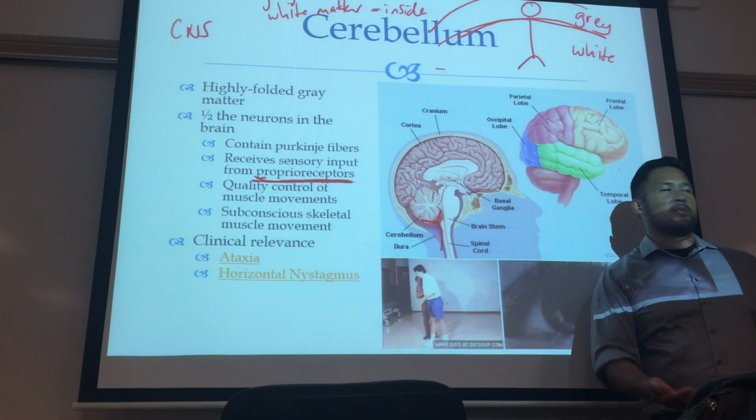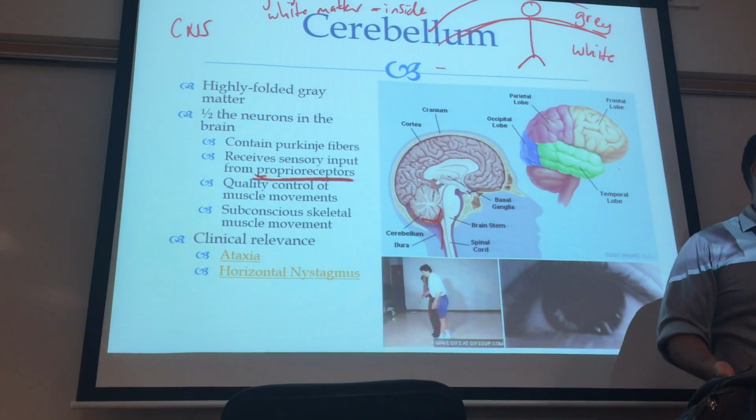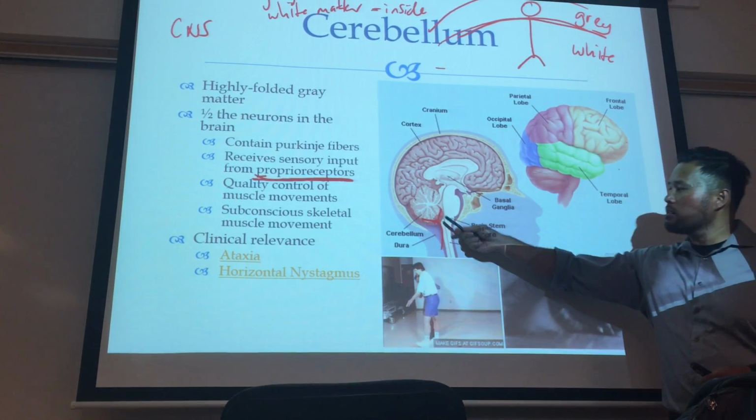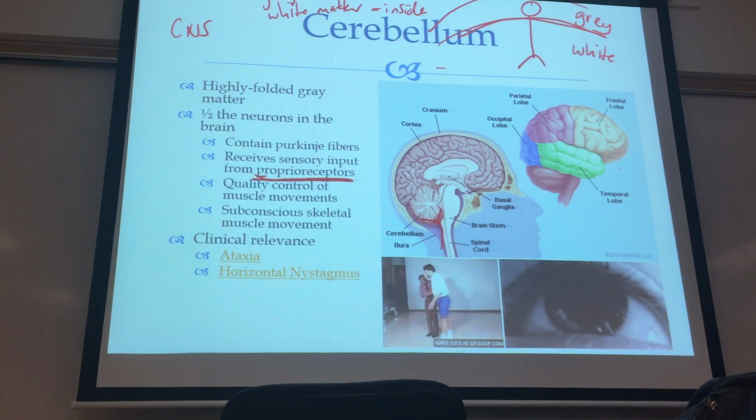So that's why you would typically see somebody stumble or fall or just sway back and forth. And what's happening in the cerebellum with alcohol is that now we're inhibiting the cerebellum,